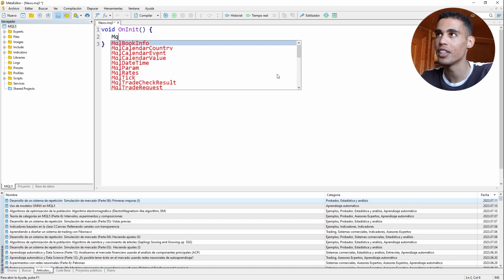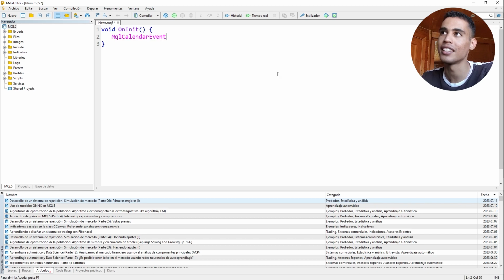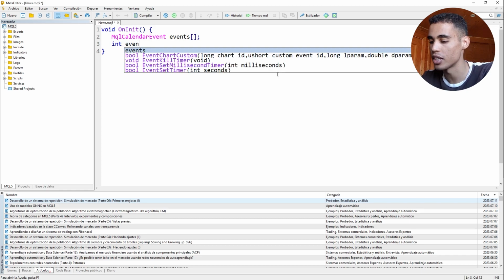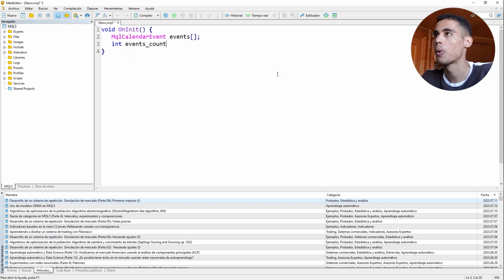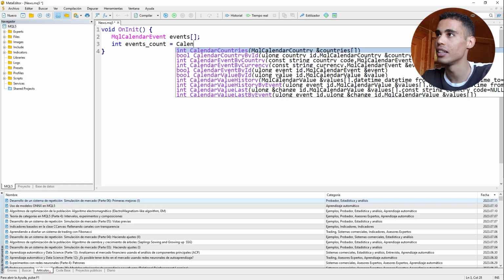So we call our OnInit event, and first of all we have to declare the calendar event, the MQL events, and here we have it, CalendarEvent. We are going to declare an array. Here we're going to put events, and we are not going to set the size. Now we are going to count how many events we have. We are going to check the events of the euro. For that we put int, and we say events count, and we are going to call CalendarEvent,